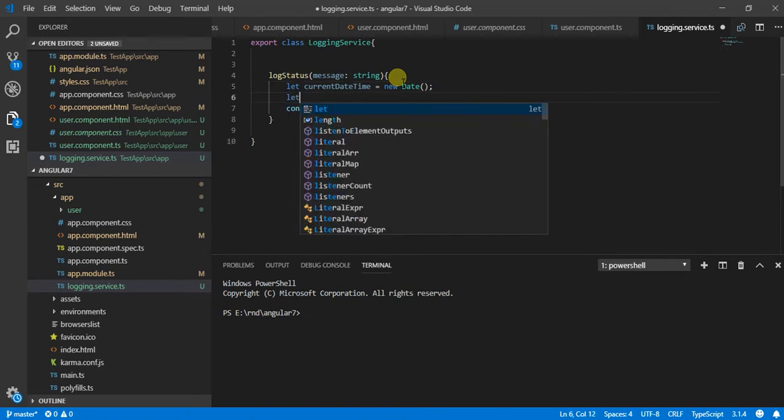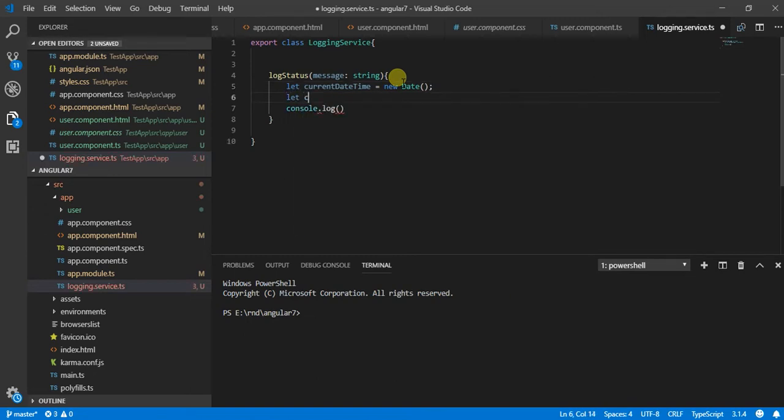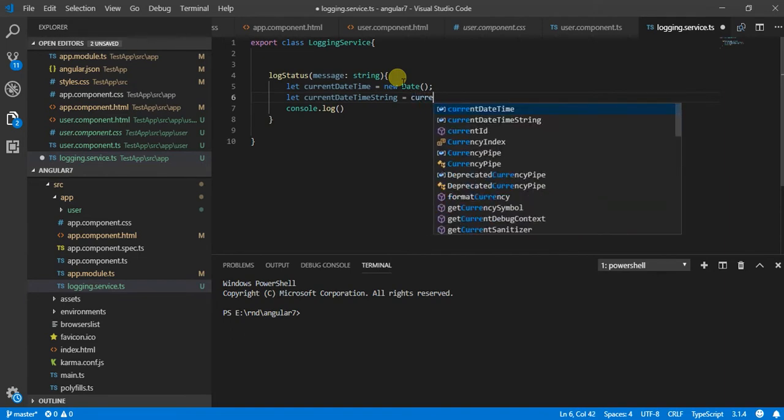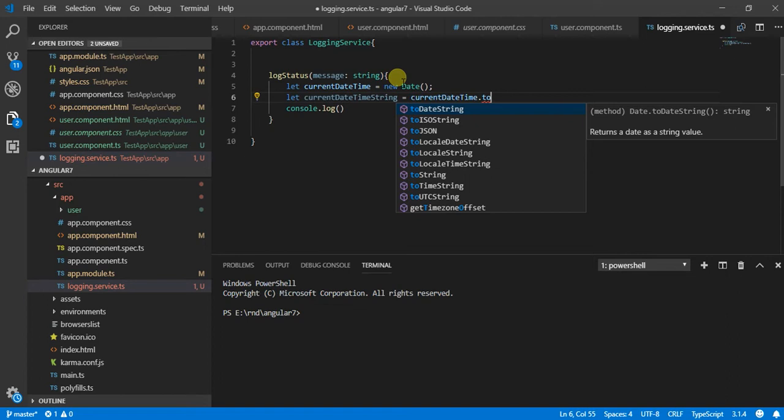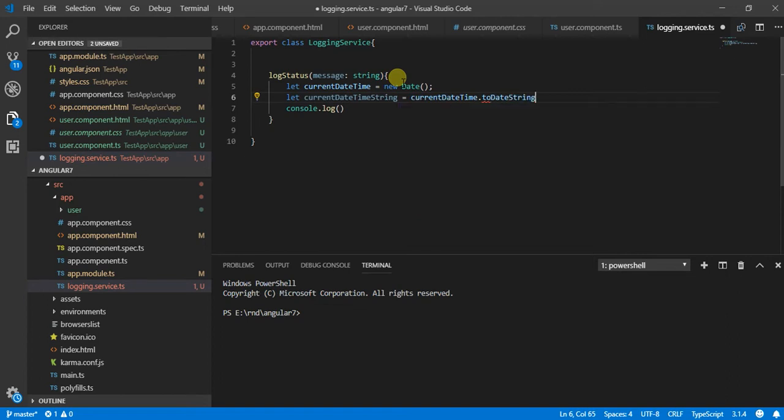Now I will create my current date time string. What I can do over here is say current date time dot toDateString,